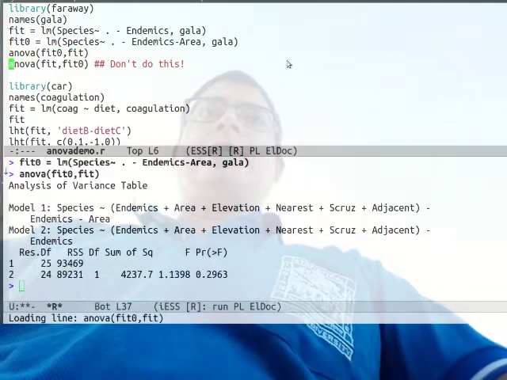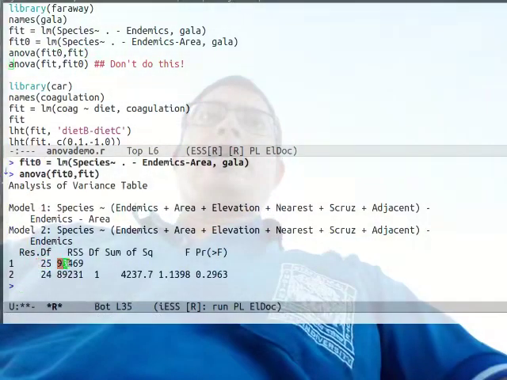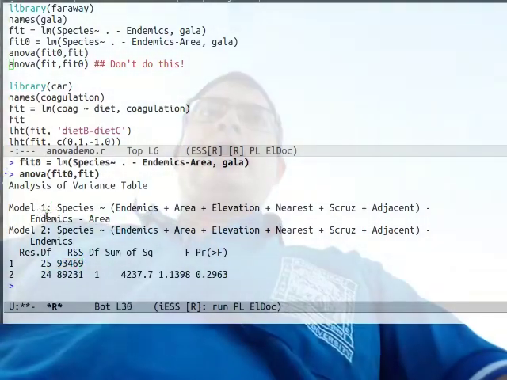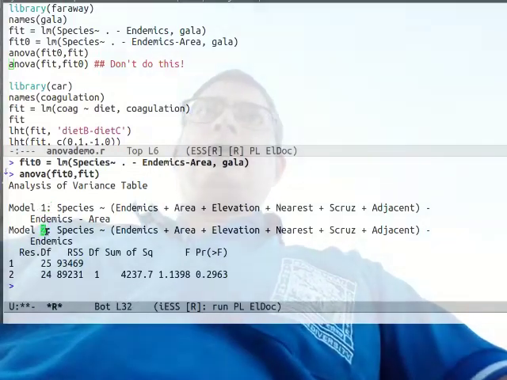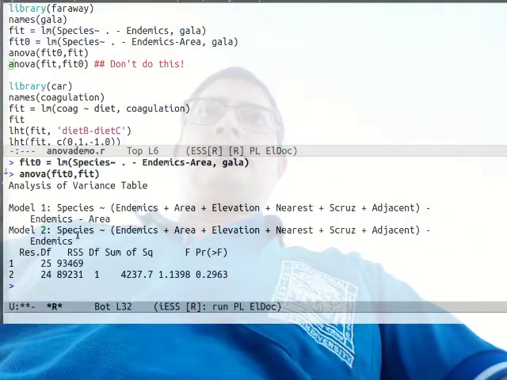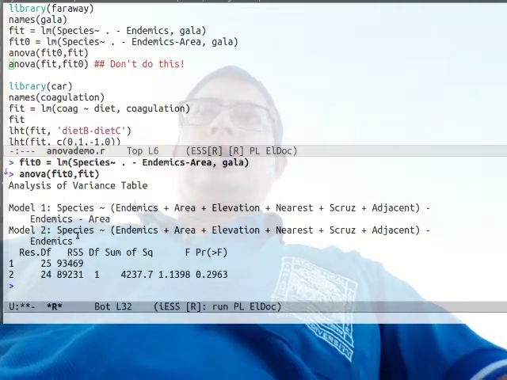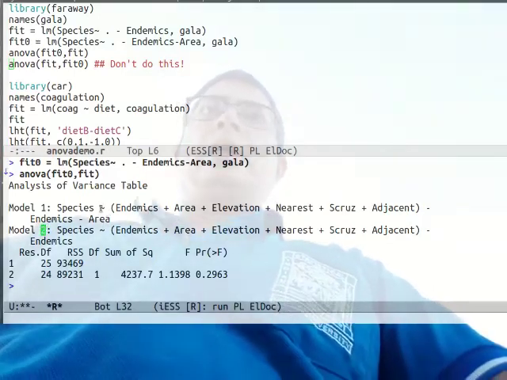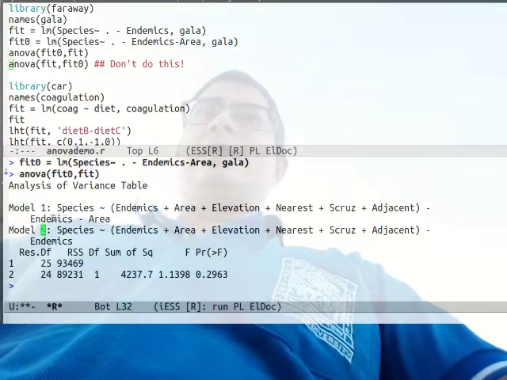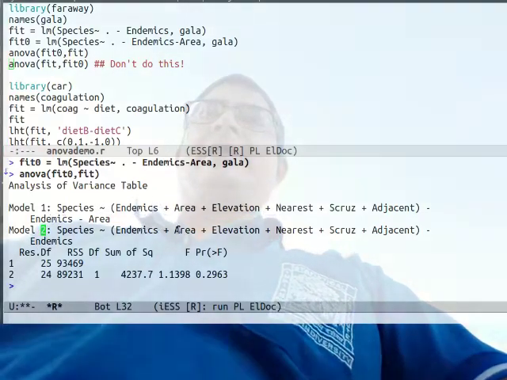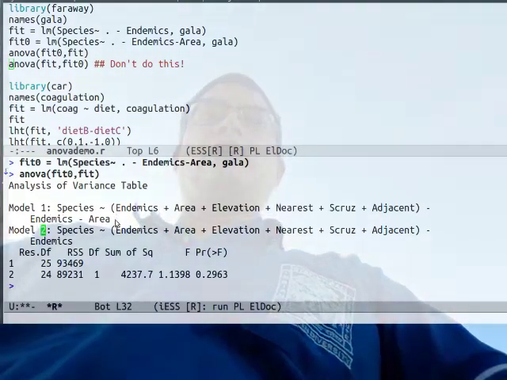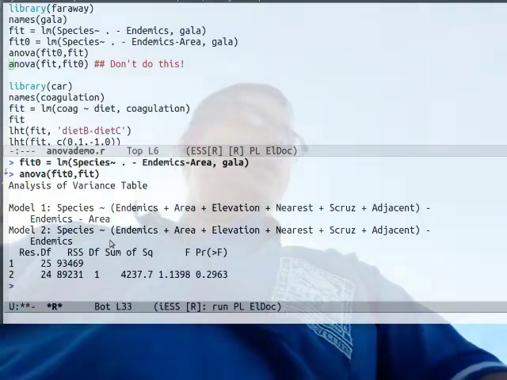You will get this output. It has the degrees of freedom and the two RSS. It also says what are the two models, the model 1 and model 2. In the first model, this is somewhat badly written. It says that everything minus endemics, and in the second thing it lists everything, then subtracts in. Okay, so model 1 is the restricted model and model 2 is the general model,